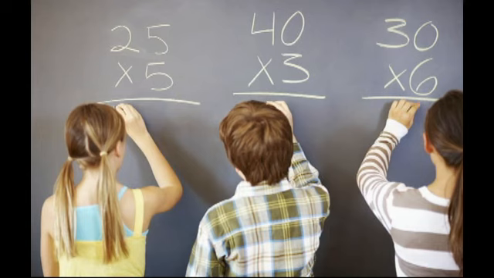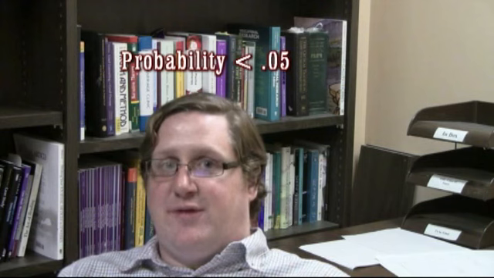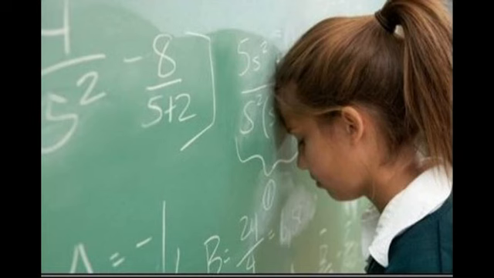So to give you an example, there were some pretty large studies done, I guess back in the 90s, comparing math achievement between boys and girls. And the results of these studies found that there's a statistically significant difference between boys and girls in math. And all that meant, really, was that researchers who were doing the research were very confident that some difference existed. Well, the media picked this up, and they got really excited because there were statistically significant results, and they started reporting, well, girls can't do math and we need to help them catch up to the boys and so on. And it actually influenced some of the educational policy at the time.